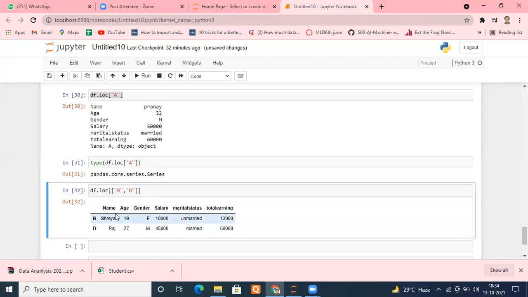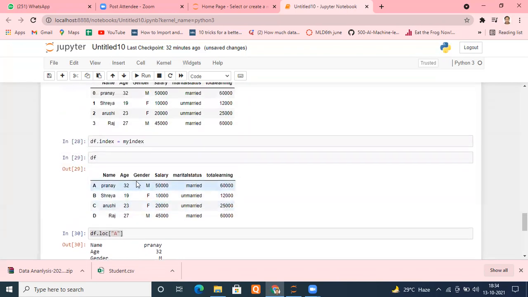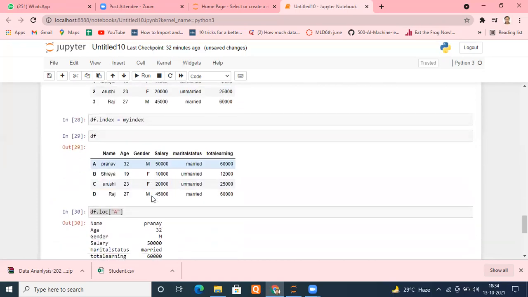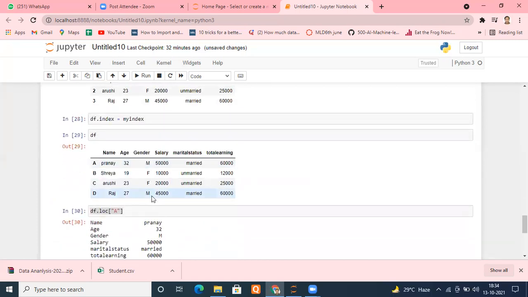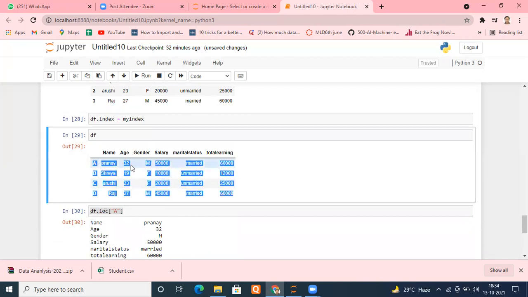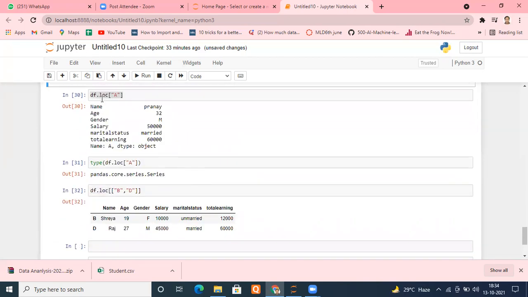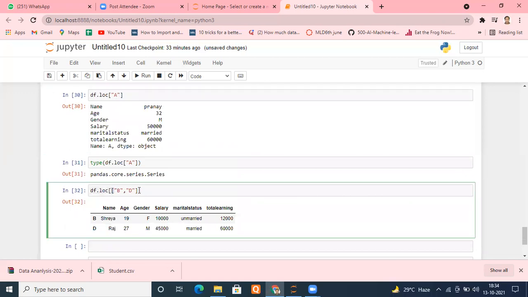Very much like we were able to access our column directly, right? We were able to access our column directly by using square brackets, put the names there. But if you want to access your rows independently, you need the loc function. You want to access an individual row, just give the label of that. If you want to access multiple rows, use this square bracket, a sort of list, and within the list, put the labels of the rows you want to access.